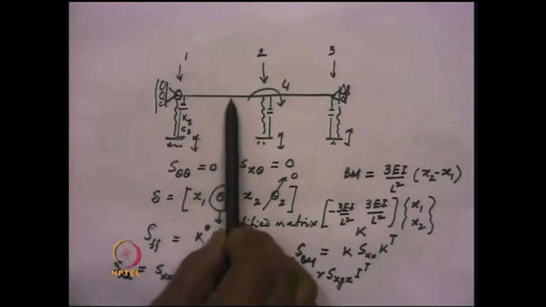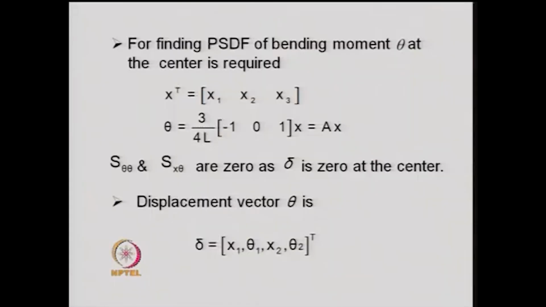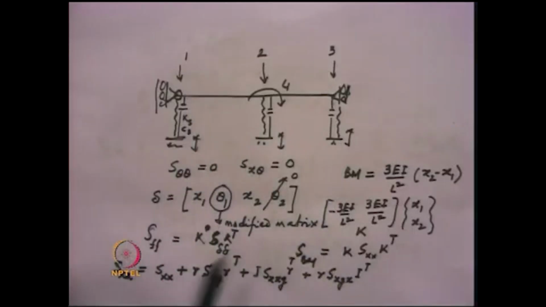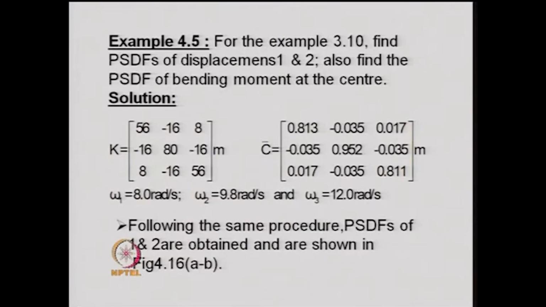So, in the problem in which we have got the same excitations at different supports, we do not have to find out this absolute displacement power spectral density function matrix. We can only obtain the power spectral density function matrix of the relative displacement. However, the problem becomes slightly complex if the ground excitations at different supports are different, and for that